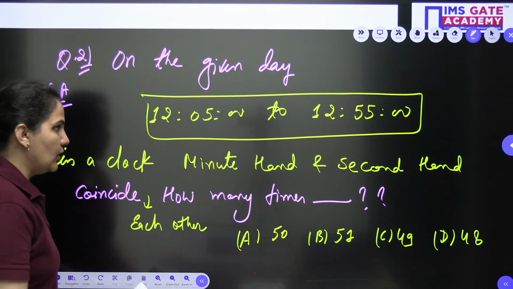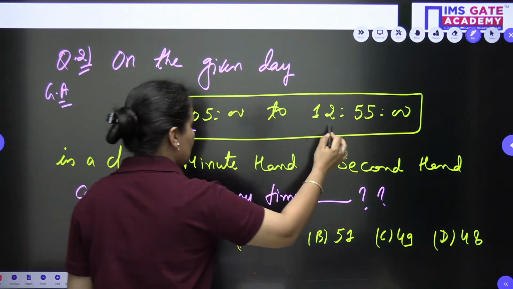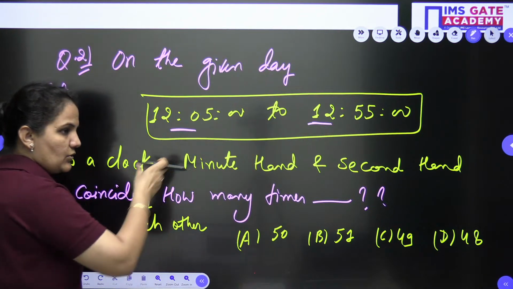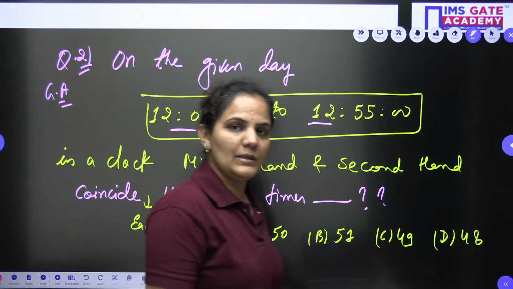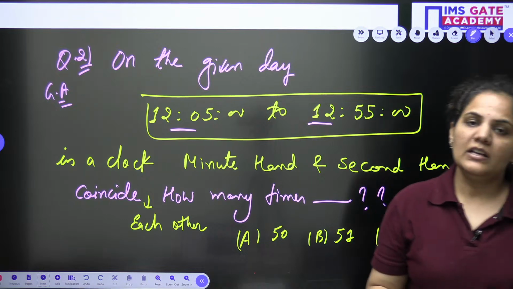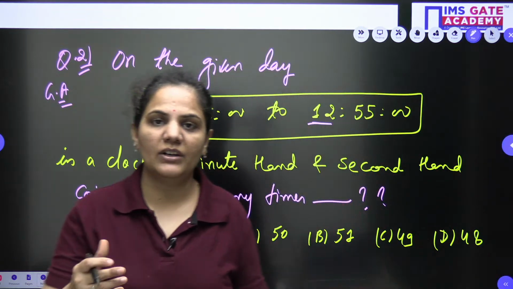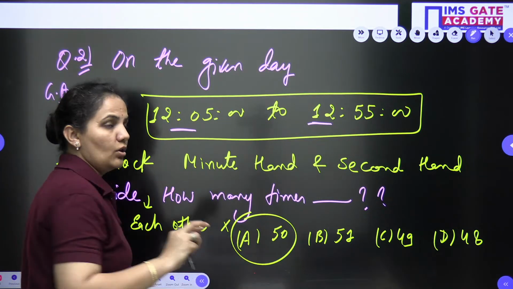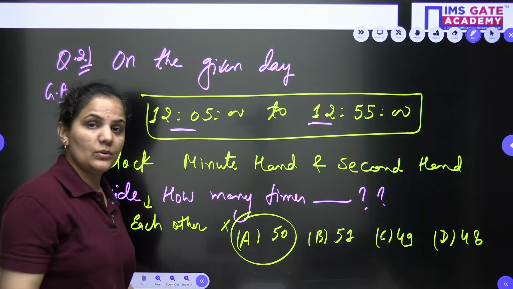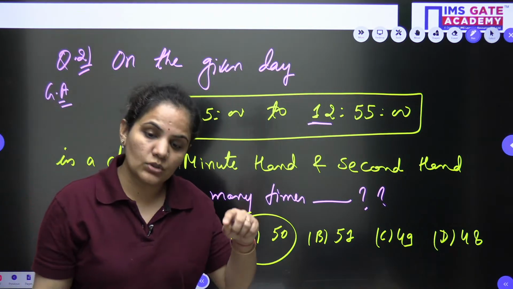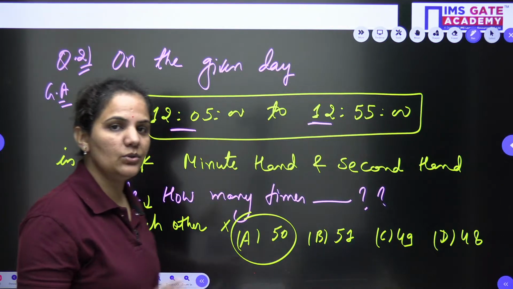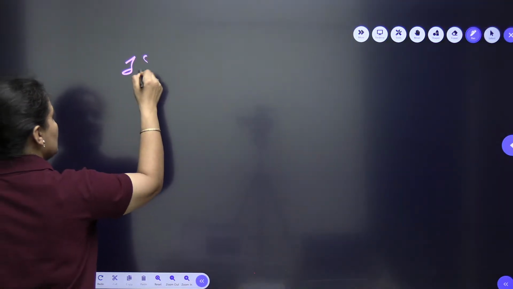So look at here, first of all, what you need to do, you need to check what is the duration time, what is the time you are having. So you will not go directly by 12:55 minus 12:05. When you go with 12:55 minus 12:05, the duration will be 50, and the students will click on the 50, which is not exactly right, because when the time is given as 12:05 to 12:55, both are inclusive here.